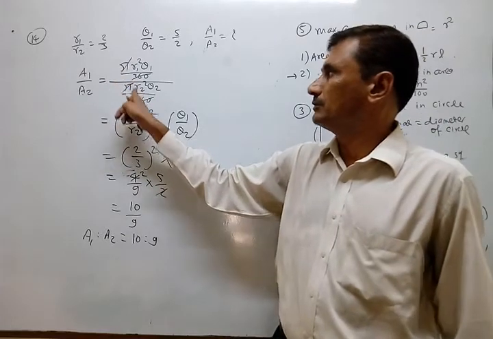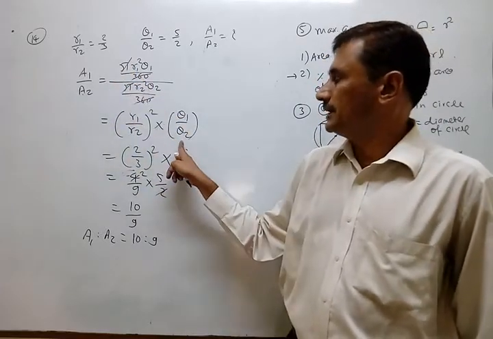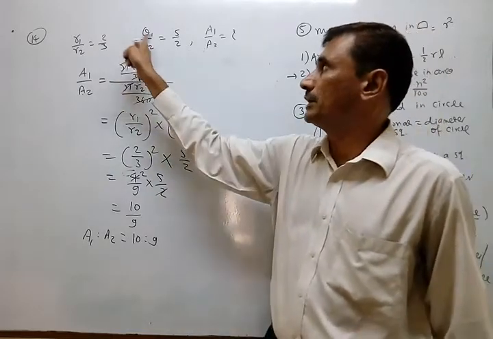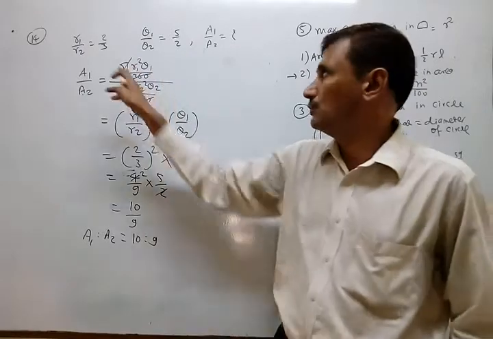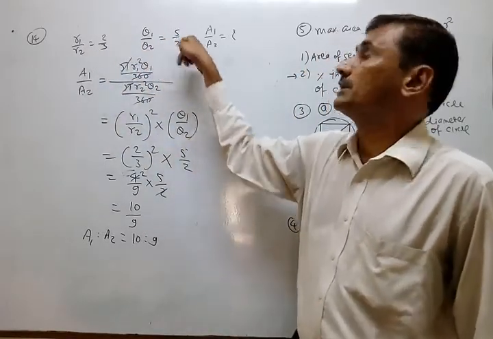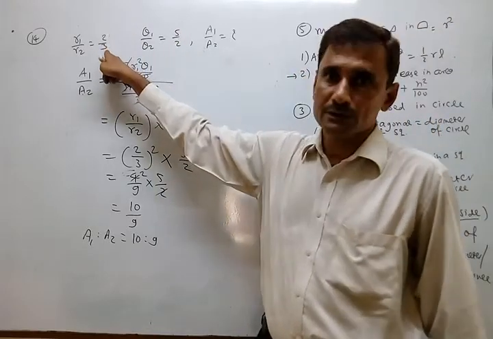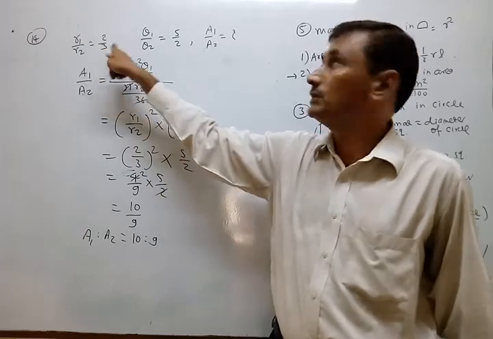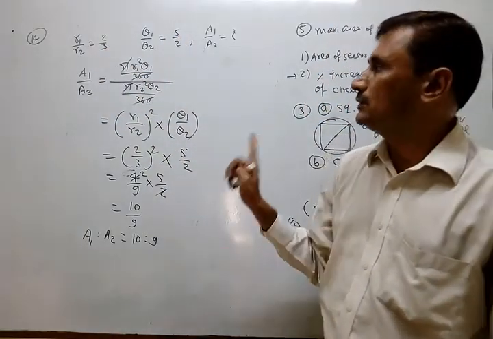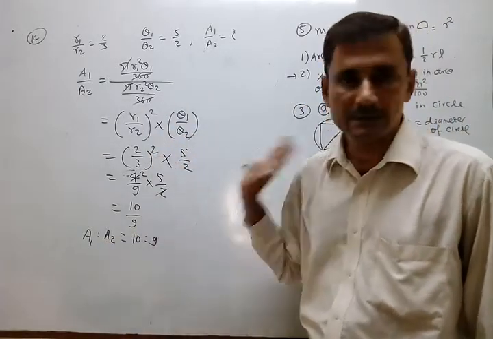Whatever is asked, write down the formula. Whatever is cancelable, cancel everything. Then whatever is left, write down and place values. But values of the ratio only, not individual values. R1 is not 2, R2 is not 3, theta 1 is not 5, theta 2 is not 2, because it is the relation. It might be 50, it might be 20, 30 also, otherwise 4 and 6 also, here 10 and 4 also. Anyway, values are not given, the ratio is given, so in the form of a ratio only we can give the answer.